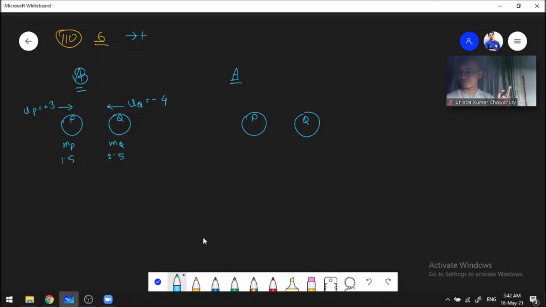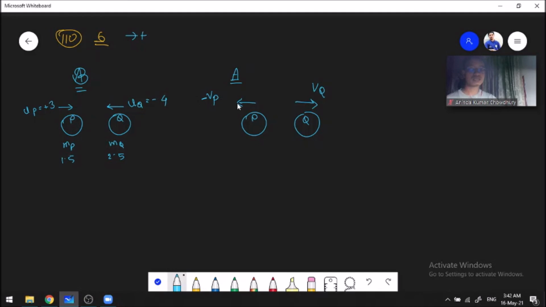The direction of motion of P is reversed. P was moving towards the right before the collision. After the collision, its direction will be reversed, the question says. So for VP and VQ, we can assume that Q moves towards the right. So VQ here is positive, and this VP will be negative